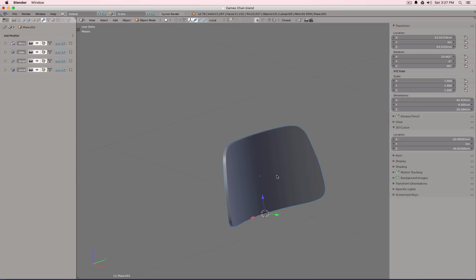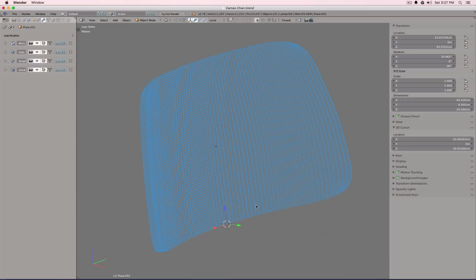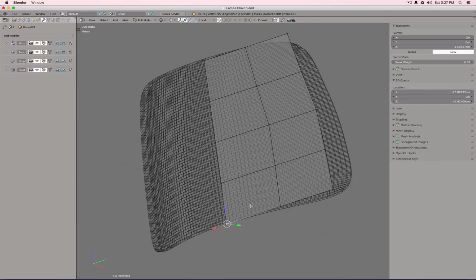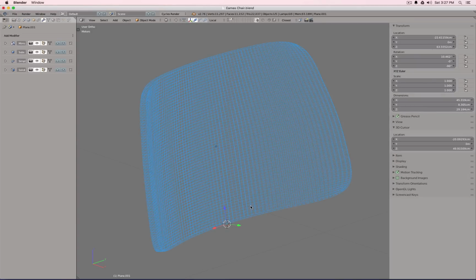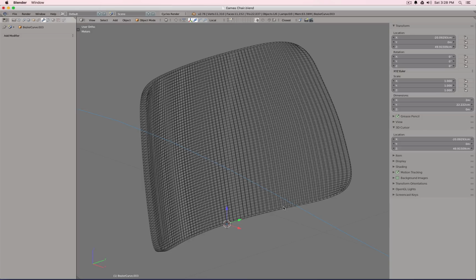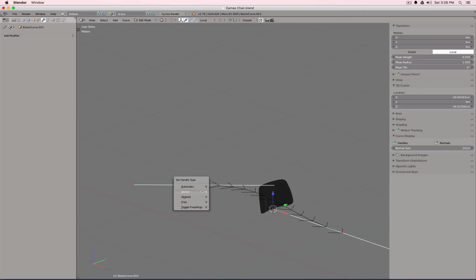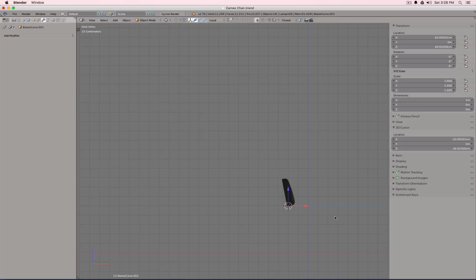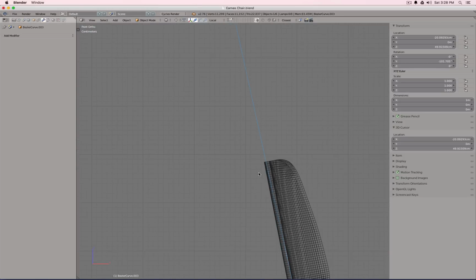So we can do this the best way using a bend curve command. The simple deform simply takes care of this nice bend, and then we will add a cross-section bend. We will select this last point and then Shift S cursor to select it in edit mode, and then in object mode we will add a Bezier curve. Set everything to vector. The last point we snap to the cursor, and then in object mode I rotate the spline